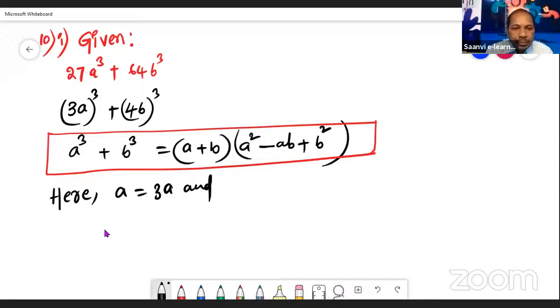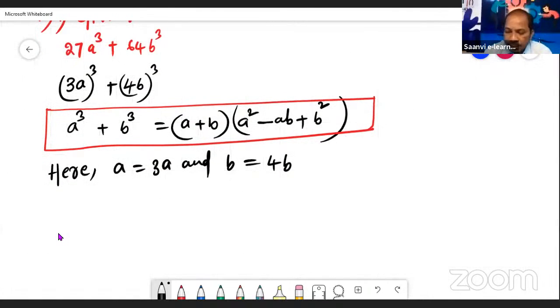And what is b? B value, b cube means 4b whole cube. So if it is only b, it is 4b. Bracket inside values we should take every time. Okay. Now substitute these values in the formula. When we substitute these values in the formula, see here a cube, a value is 3a. So a cube means 3a whole cube plus b cube, b value is 4b. So b cube means 4b whole cube